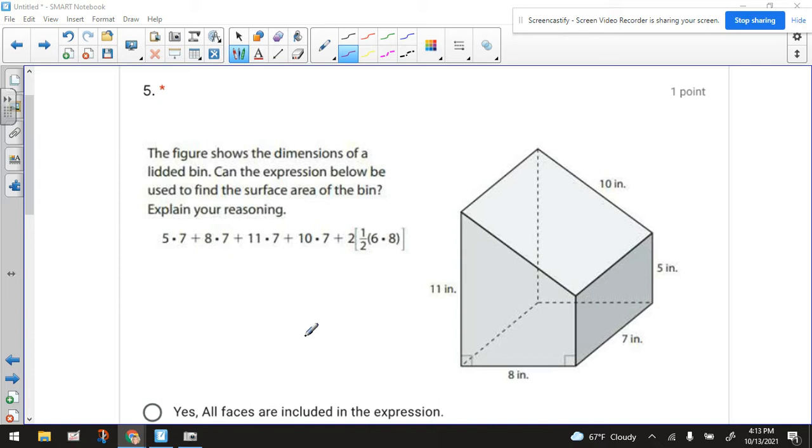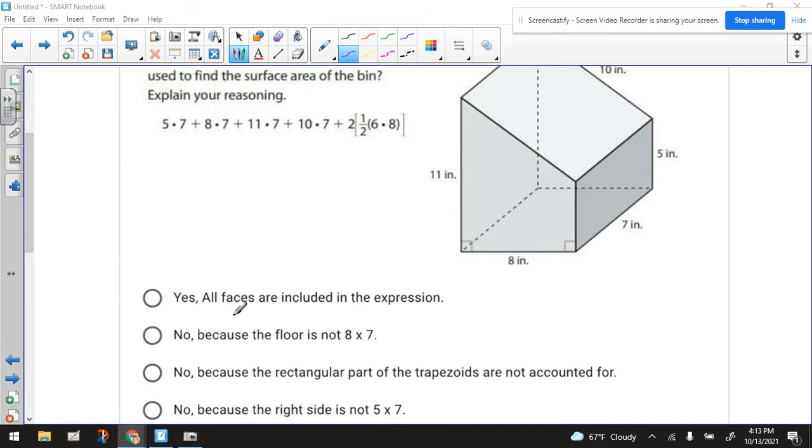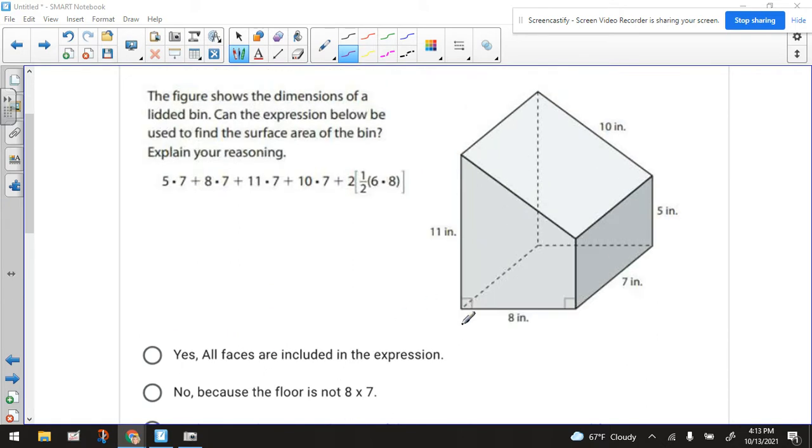And try to make it as easy as we can for you. It says, the figure shows the dimensions of a lidded bin. Can the expression below be used to find the surface area of the bin? Explain your reasoning. And then we have to choose which one of these situations we're going to pick. So let's try to identify each dimension and see if we can find an expression that could be used to